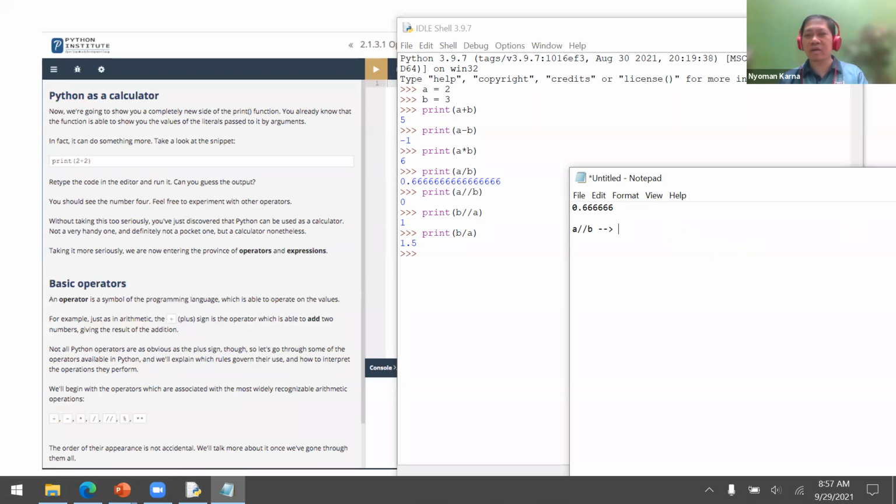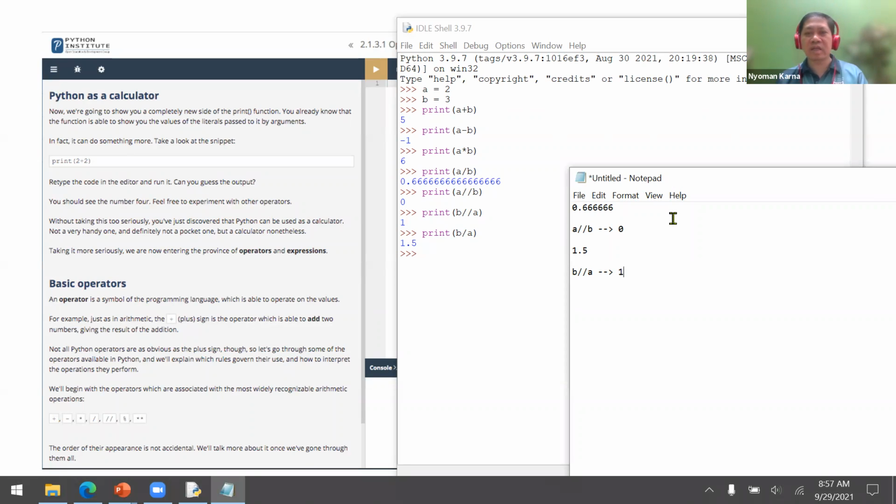The integer part of 0.666666 is 0. So that's why A // B is 0. And then 1.5. B // A, same thing, it will take the integer part from 1.5. The integer part is 1. So that's why B // A is 1.